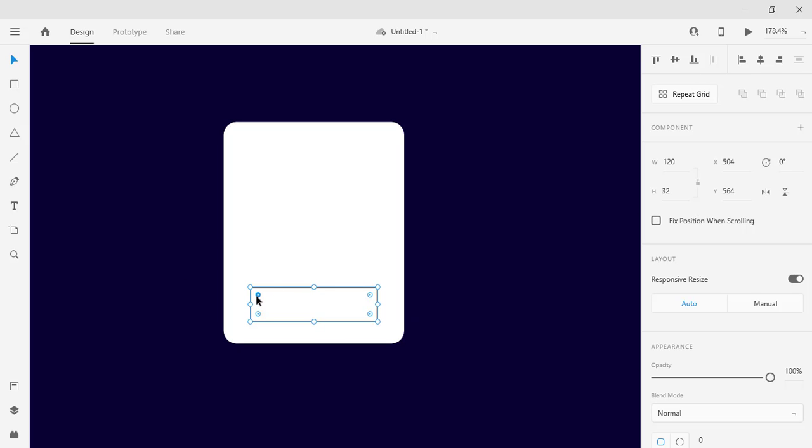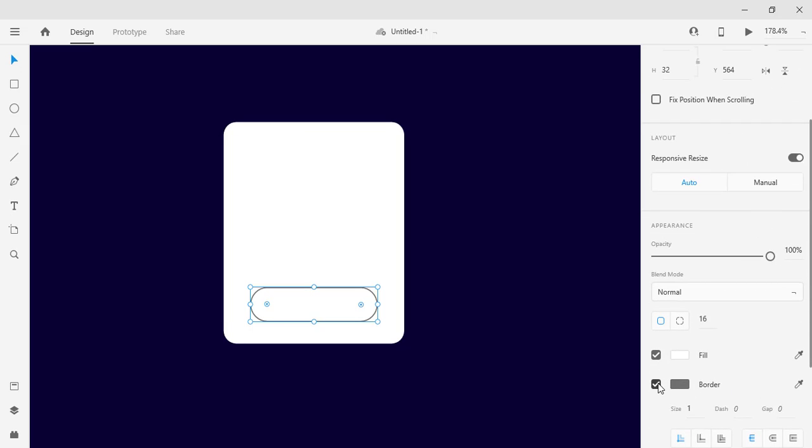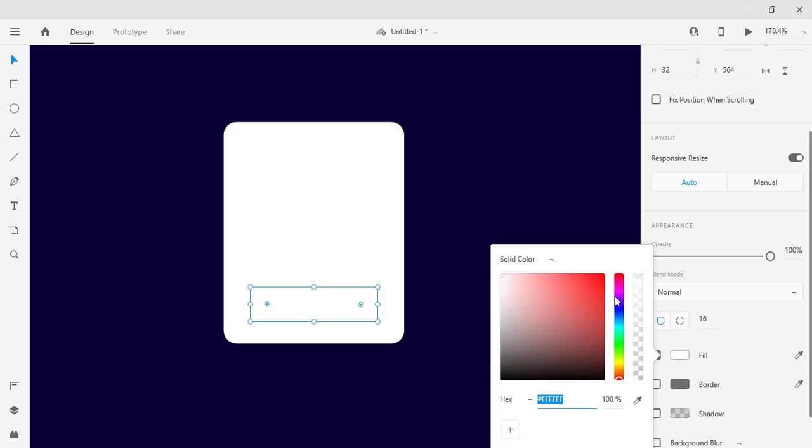Now again to the bottom, and we need to give the contact button a full corner. Now remove the border. Let's give a classy button color, which we are giving as red.